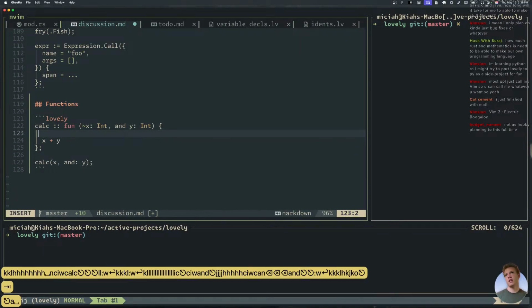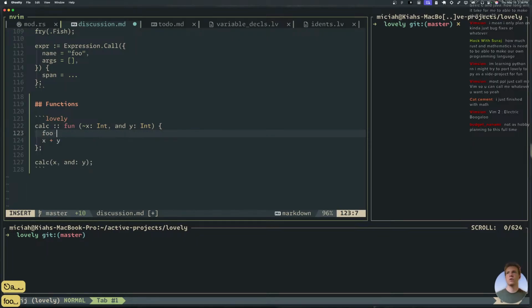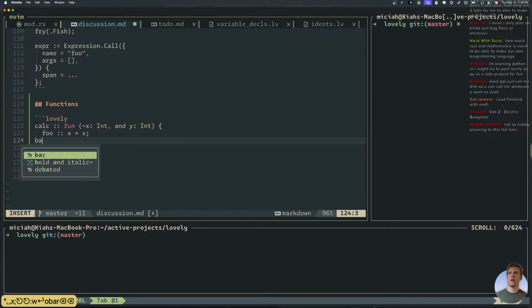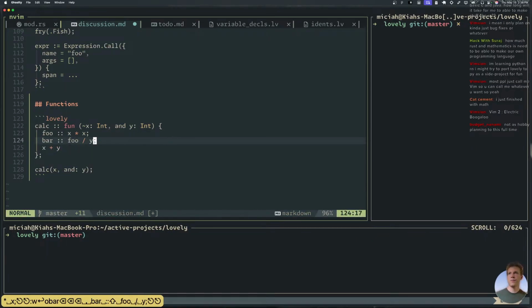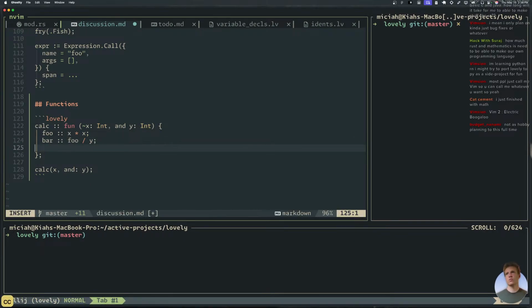First we say foo is x squared, and then we say bar is foo over y. And then we do bar times bar or something. All right, this is a valid function.